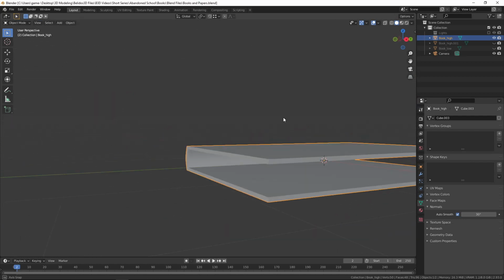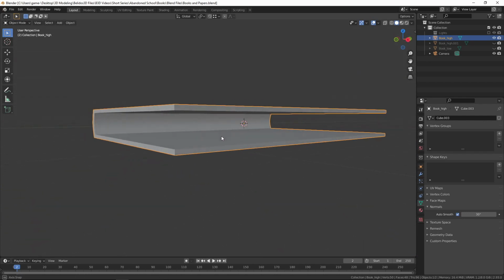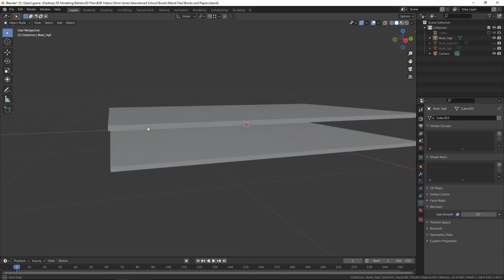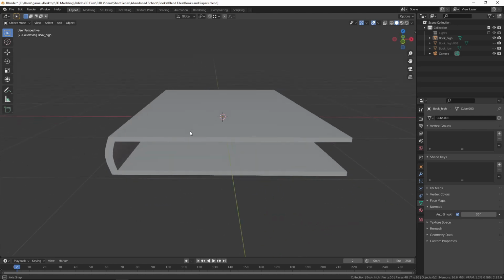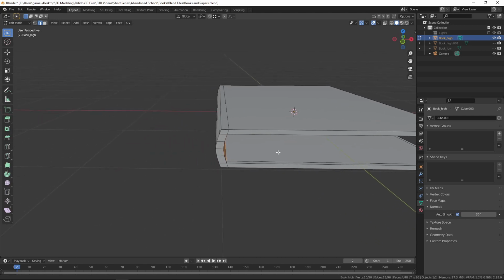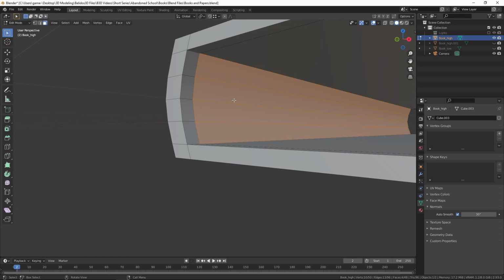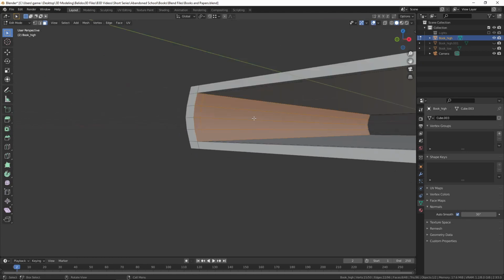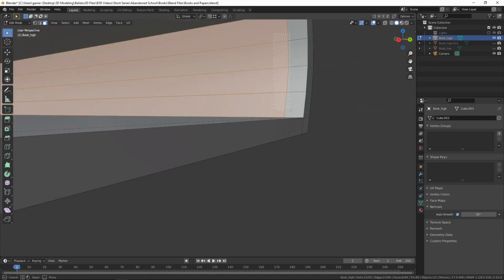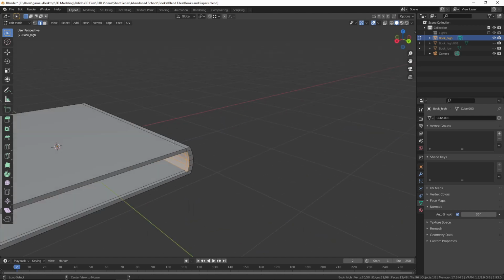So it's time to give it a little bit more definition, a little more organic look to it, because nothing in real life is perfectly straight edged. So let's give this a few bumps and grooves and such. So let's first go into edit mode, and what I'm going to do is select all of these faces and these faces. I'm going to switch to edge mode with them still selected,